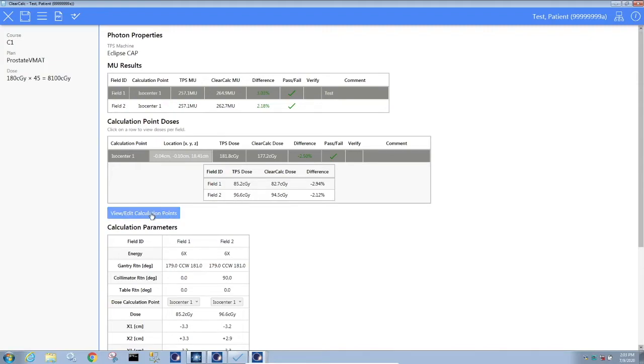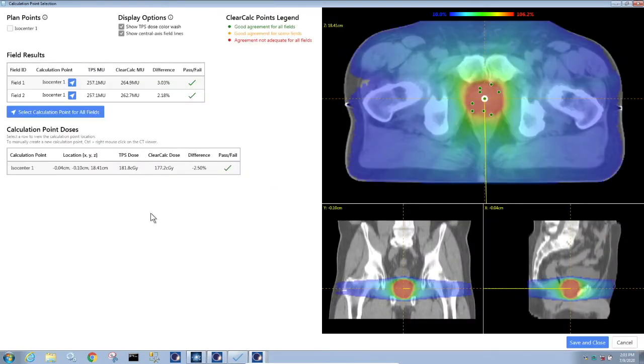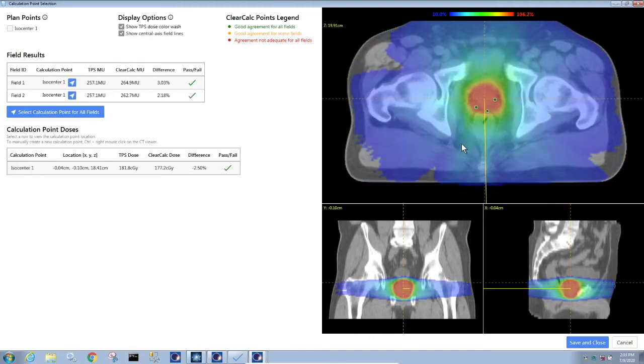Jumping into the calculation point selection window. So this is where we, again, really wanted to make a change and make this a little more dynamic of a check. So this is where you can actually interact with the plan. So you see the actual dose from the plan on the right-hand side on the patient CT. And here you can scroll through